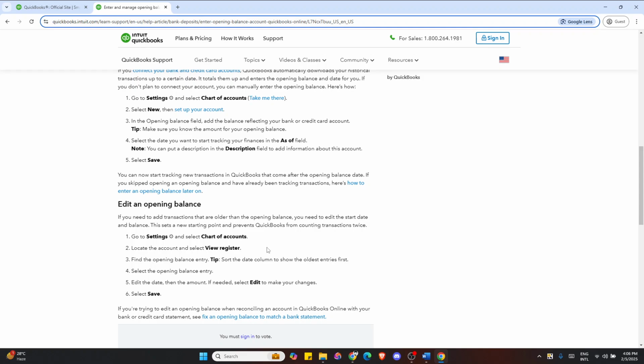Then you'll see the opening balance entry. QuickBooks automatically created it and it's already reconciled. But let's say the balance is wrong. You can either click on the entry and hit edit to change it, or if you want, you can delete